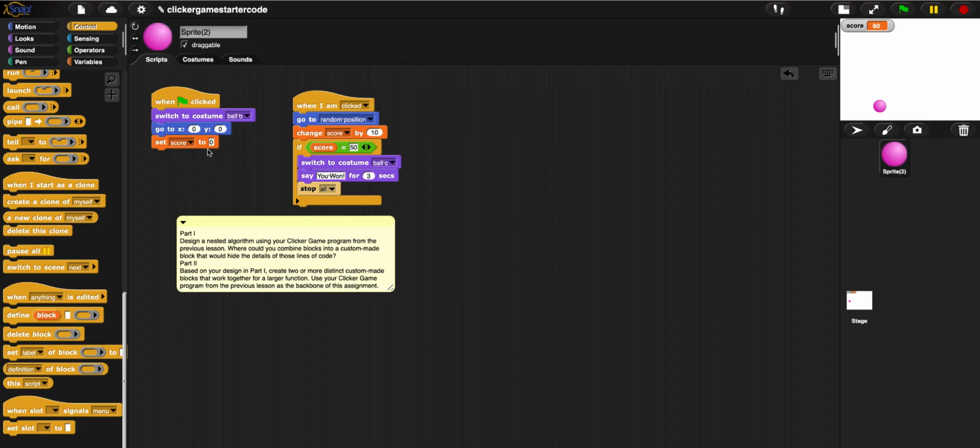Instead of me having to write that code over and over again, I could create a block that I could reuse in the other sprites. But they don't tell you to do that here. All they ask you to do is part one: design a nested algorithm using your clicker game program from previous lessons. Where could you combine blocks into a custom-made block that would hide the details of those lines